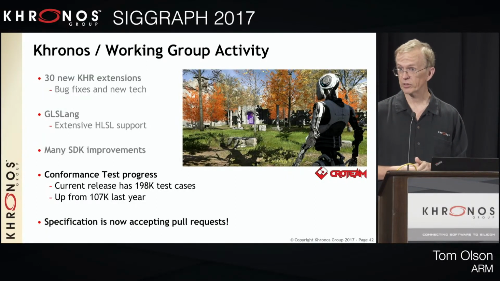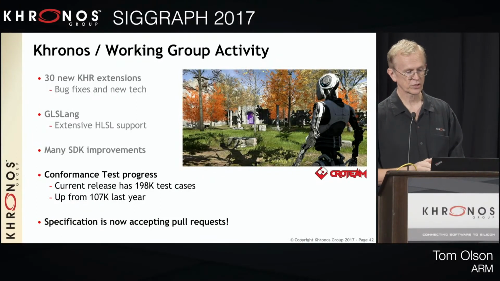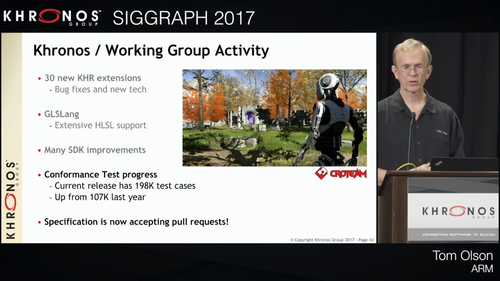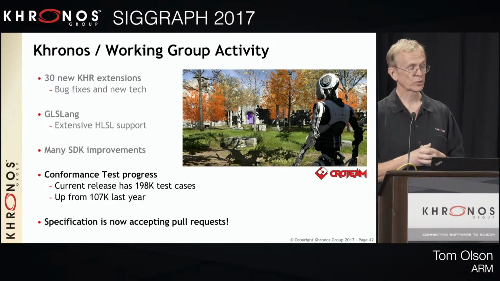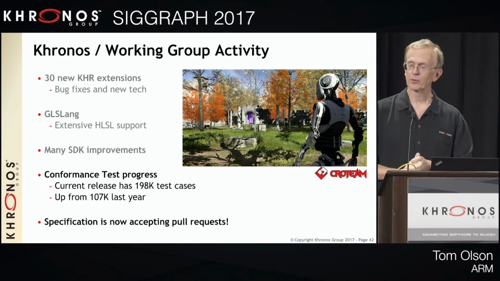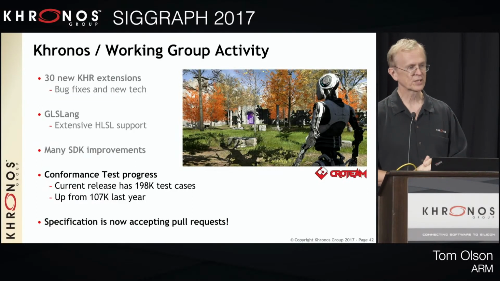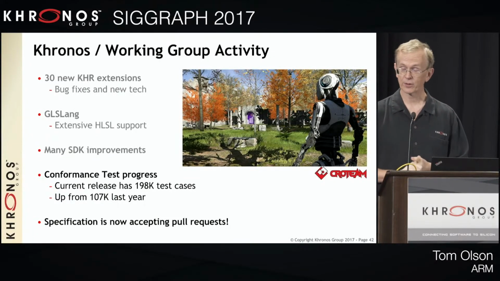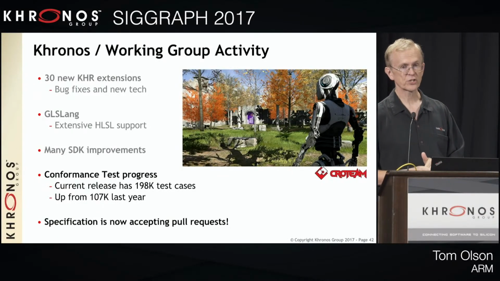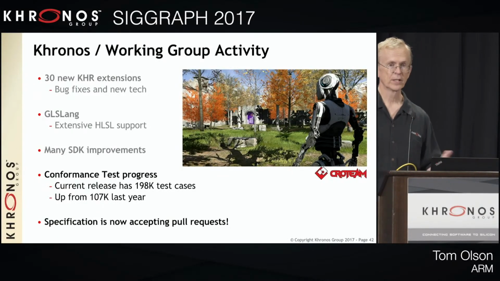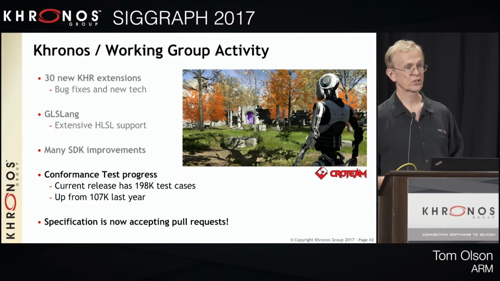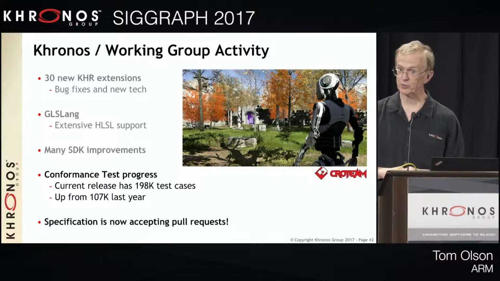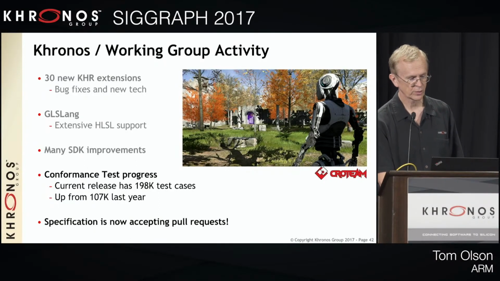But also a lot of new coverage to improve the behavior of 1.0 core implementations. Also, after 18 months of incredible agony, we keep the source text of the specification on GitHub, and we can now, according to the lawyers, take your pull requests. So if there's a typo, if there's a bug, and there certainly are bugs, or if there is just unclear language in the Vulkan specification, you could always raise an issue on GitHub, and we would get to it eventually. But now you can raise an issue and provide a fix, which probably means we'll get to it sooner. So we encourage you to do that.